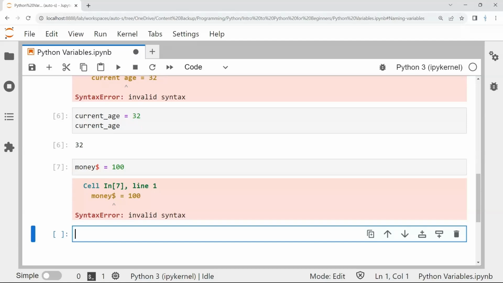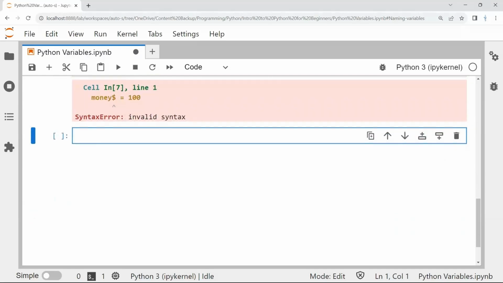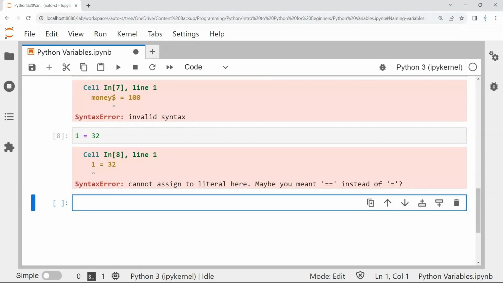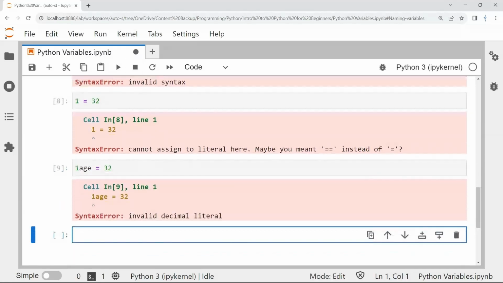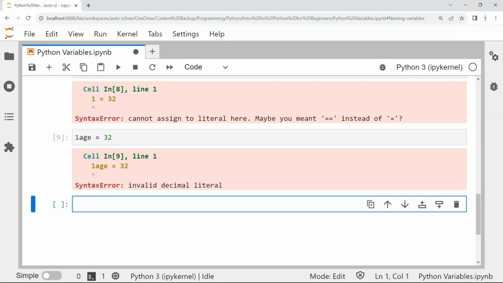Another syntax rule is you cannot start with a number, or you cannot have a variable that's a number itself. Like let's just name the number because, well, a number is a number. It's not a variable. So let's try that out. Let's say we wanted to put 1 equal 32. And let's say we were just starting with the number. Let's say 1 age. Yep, we get another syntax error. So not allowed to start with a number or have a number as a variable name. That should be all the special naming syntax you need to know.